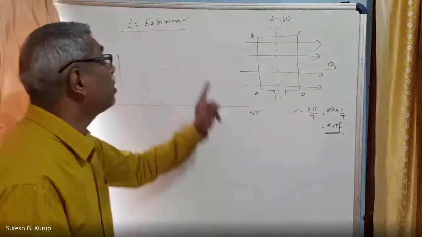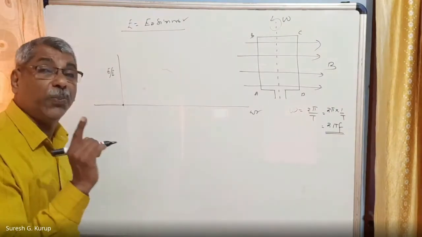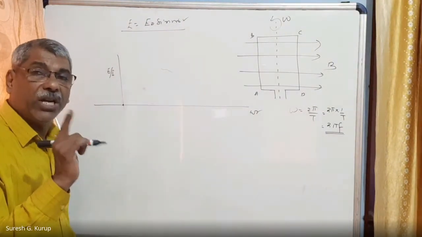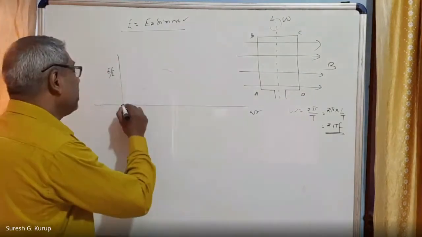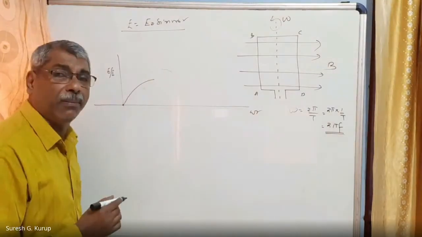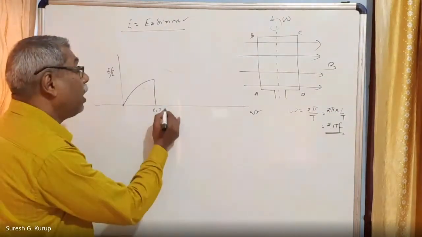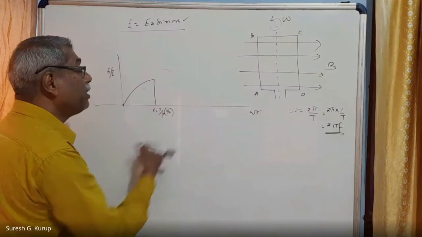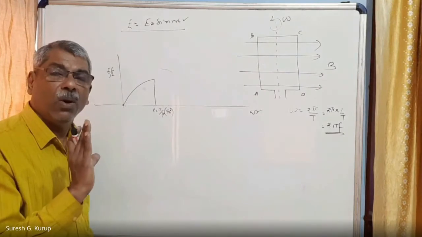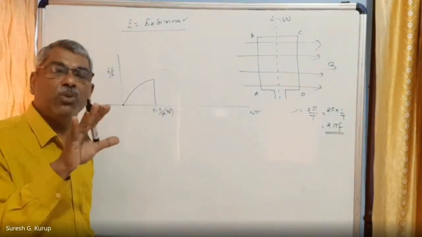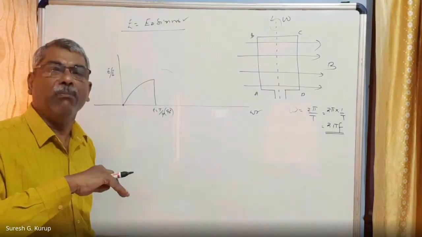When t is equal to 0, according to this relation, EMF is equal to 0. That is the original relation. When t is equal to T by 4, the coil rotates 90 degrees. That means omega t is equal to 90 degrees. 90 means this is maximum. That means at this time, small t is equal to capital T by 4, angle theta is equal to 90 degrees, and the EMF in the coil is maximum. So when the coil rotates from the initial position to a 90 degree angle, its EMF gradually changes from minimum to maximum.